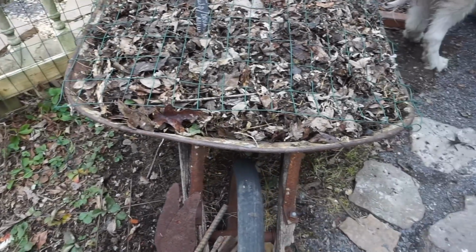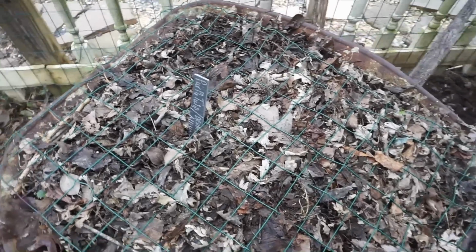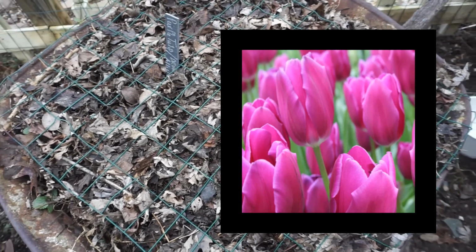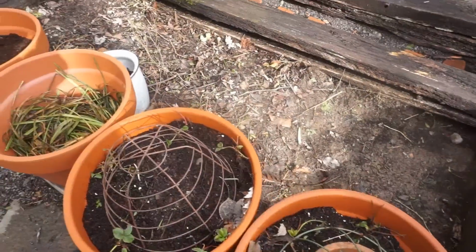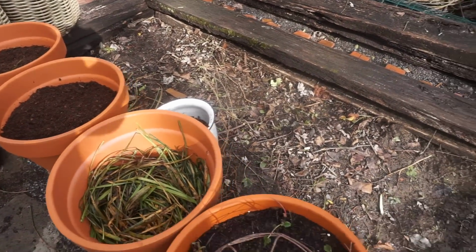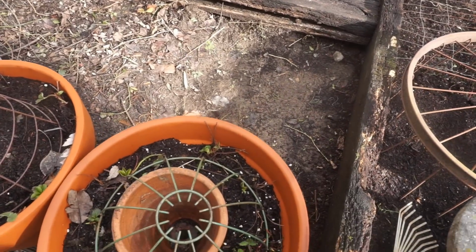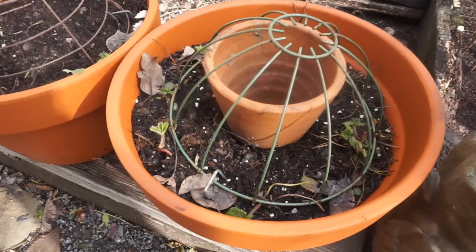So I have dug up, I put about 23 strawberry plants that I dug up from there. They're underneath the leaf mulch here. I put them in this wheelbarrow along with purple tulips and drumstick allium. This flower bed right here has really given me a lot of extra space because it was just full of strawberries and nothing else. But now that the strawberries are pulled up, I'm putting them in these more shallow clay